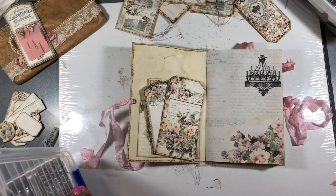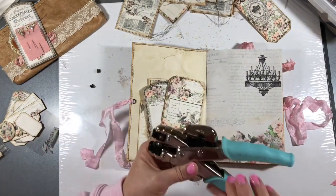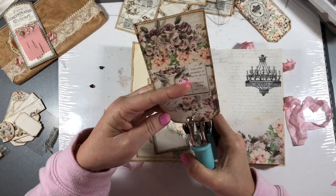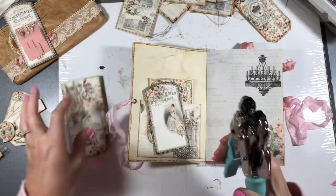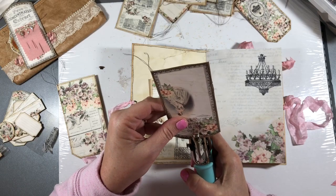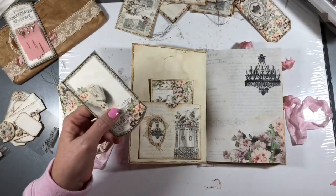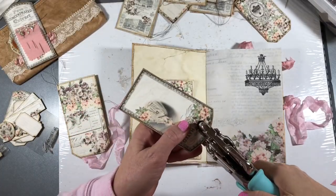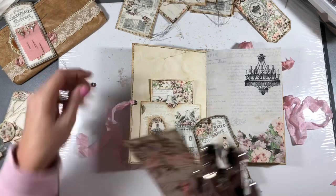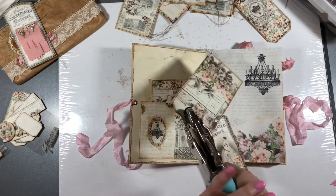So I'm going to put an eyelet in the top of each of these, and I'm just using my crocodile. I love this thing. My son bought this for me a couple of Christmases ago, and I used to use it all the time. So just going to pop them in there, and I'm going to pop a little bit of seam binding in the top. And once again, it's just a beautiful printable, and you just add a few different elements, a bit of stitching, a bit of inking, and put an eyelet in and some seam binding, and it just finishes the